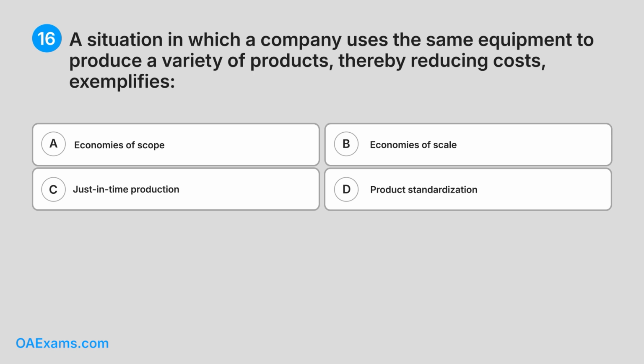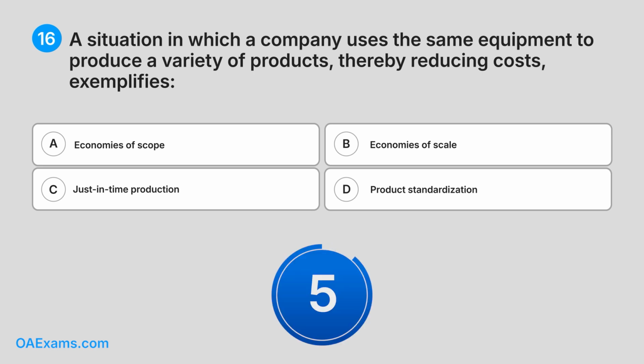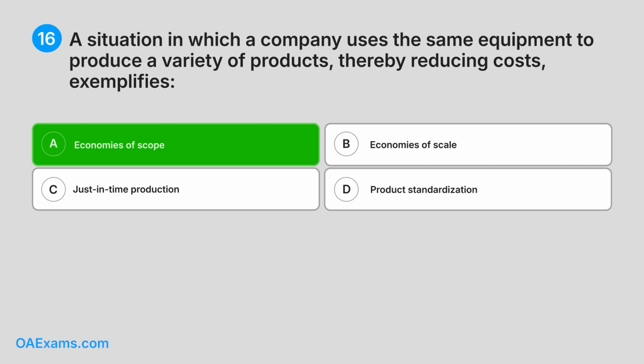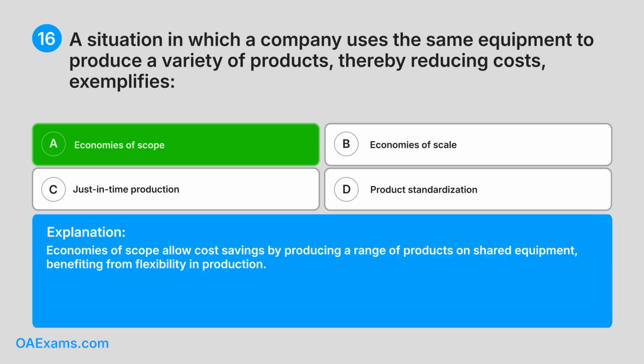B. Economies of scale. C. Just-in-time production. D. Product standardization. What do you think is the answer? Correct answer, A. Economies of scope. Explanation: economies of scope allow cost savings by producing a range of products on shared equipment, benefiting from flexibility in